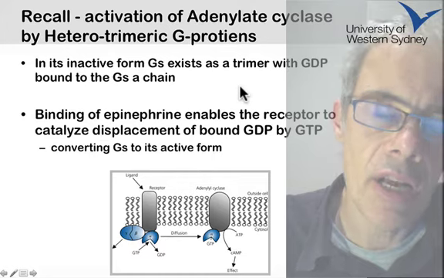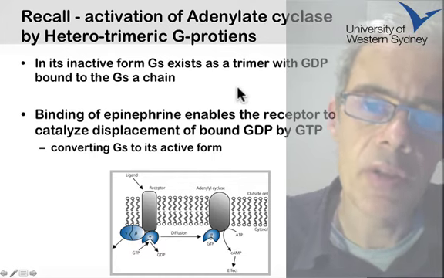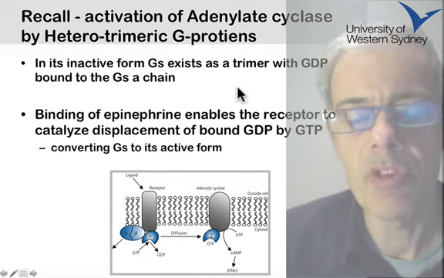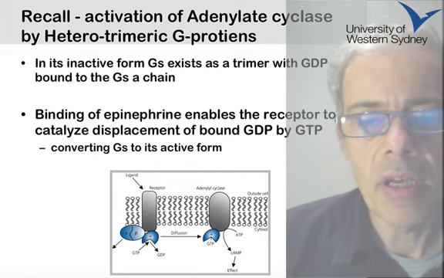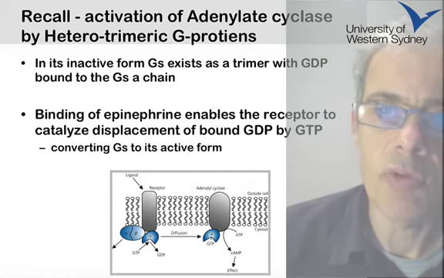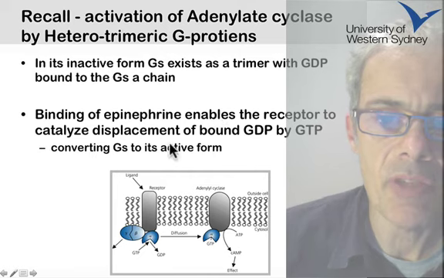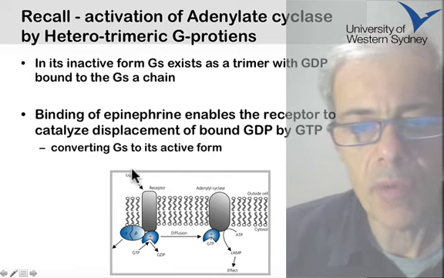Okay, now we're going to look at signaling in higher eukaryotes. And signaling in higher eukaryotes uses a receptor that we've come across before, which is the G protein coupled receptor. Now previously we've looked at this receptor in the context of a